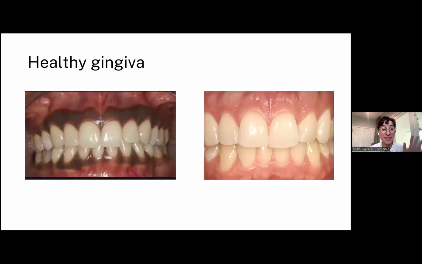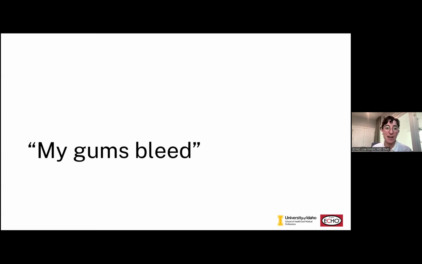All right, so we'll talk briefly about the chief complaint, my gums bleed. And this is really just going to be some images to look at normal, not normal. And I'll say, I don't actually think this is a particularly common chief complaint. And I think there's kind of two contexts in which it's come up for me. One is people's gums are bleeding, they have periodontal disease, and we will talk about that. But the other one is,